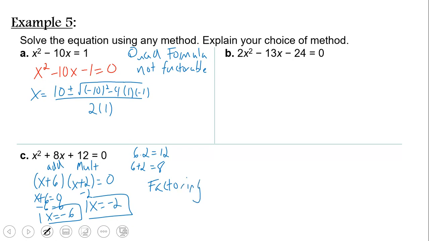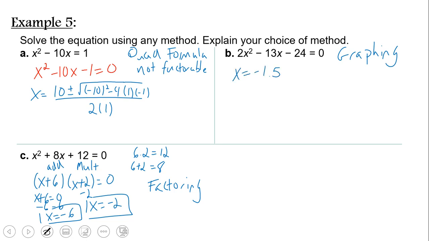What am I going to do on b? I might think to myself, let me graph this. So I can't show you the graph of it in this form, but I might graph this and say, what does this look like? So I'd use my Desmos and I'd take a look at the graphs and see if it crosses the x-axis anywhere, and it does. So I'm going to use graphing here because I don't want to factor, and I'm tired of using the quadratic formula. It takes too long. So I'm going to graph. I'm going to get an estimate of my values by looking at the graphs and where it crosses the x-axis here. And if I do graph these, I'm going to get an x value equal to